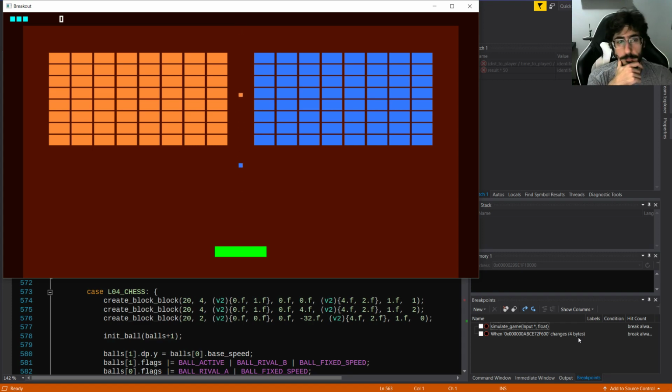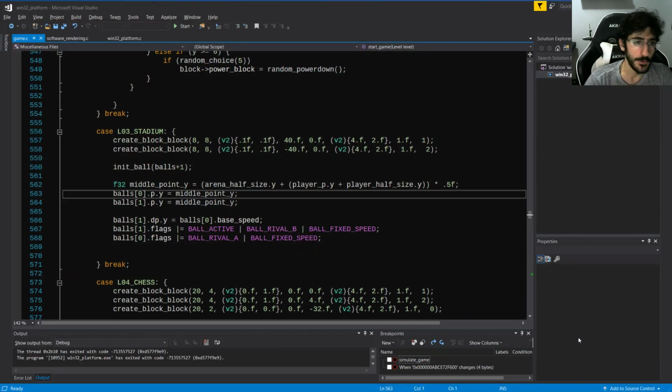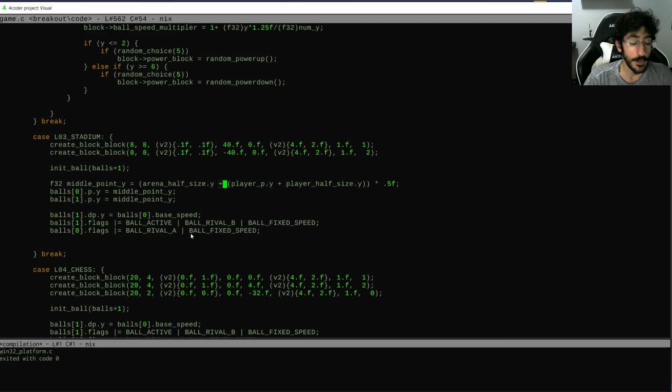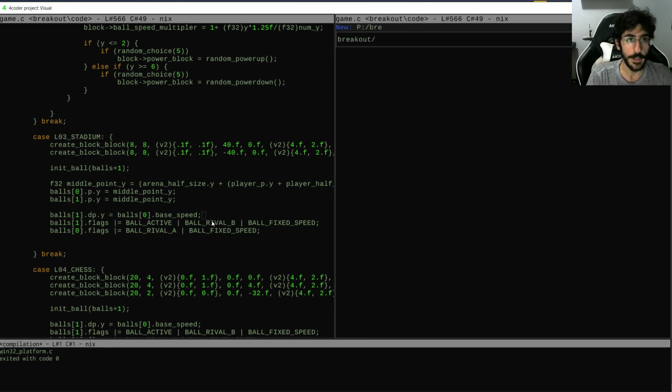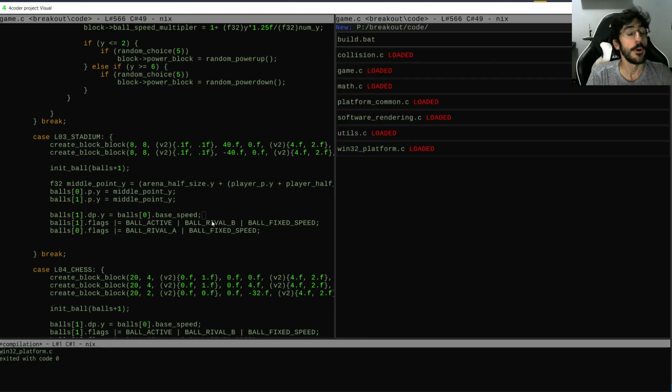Do they have the same speed? Well, they're supposed to, because, you know what? I think now that's a good point to add a print messenger to our engine really quickly. It's going to be a very bad one at first, but just so we can print their speed, things like that. So I'm going to do, in the breakout code, a